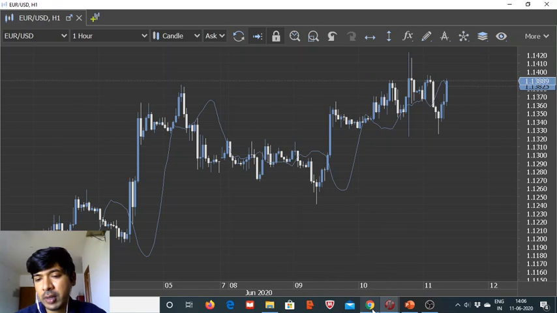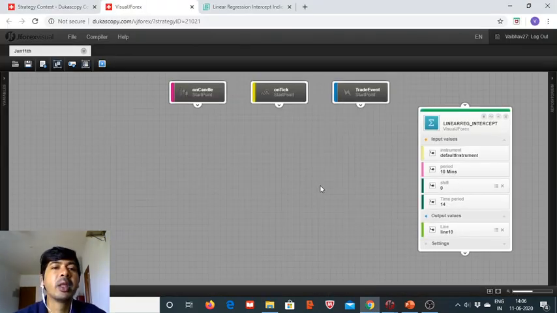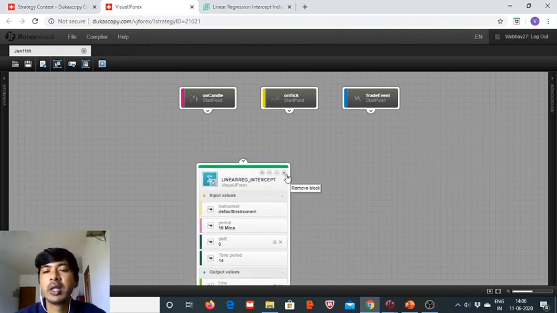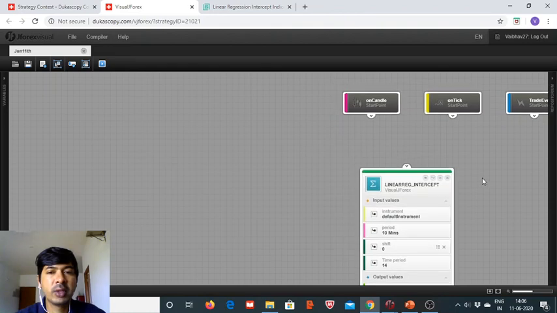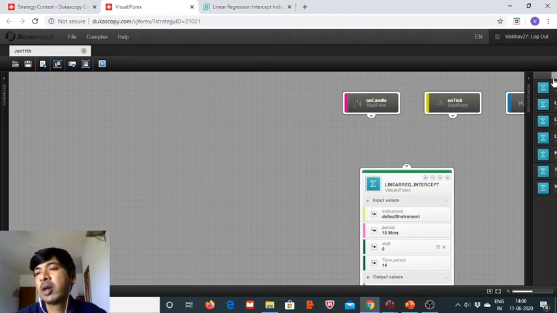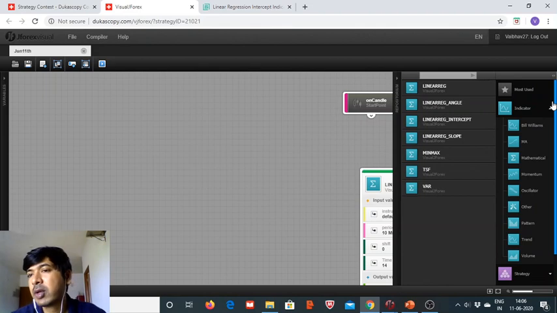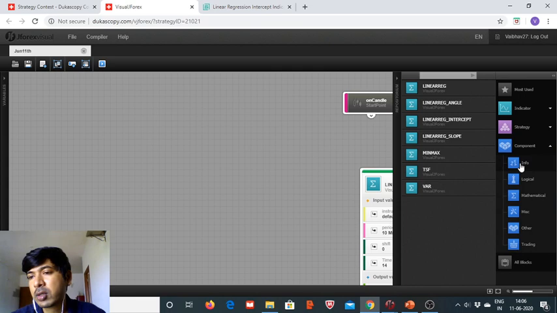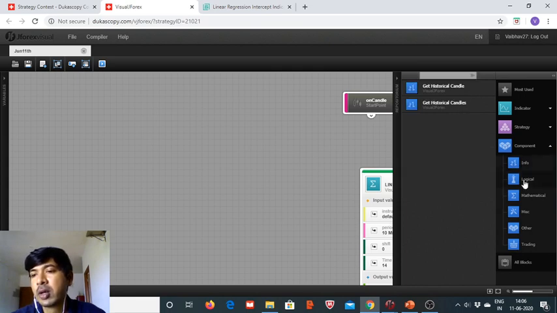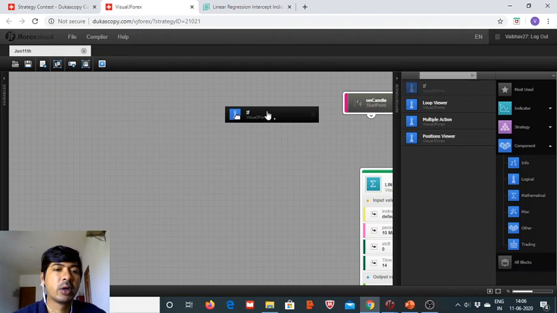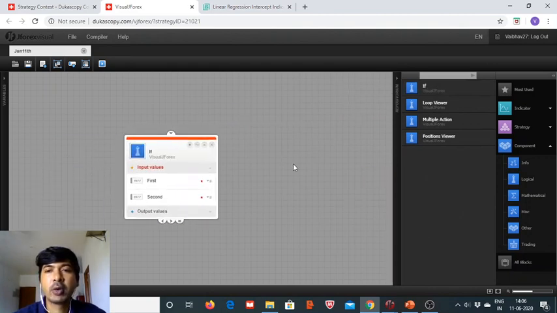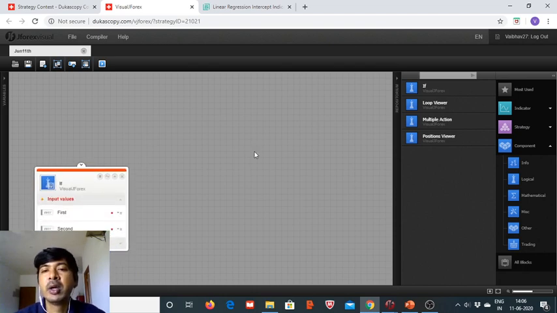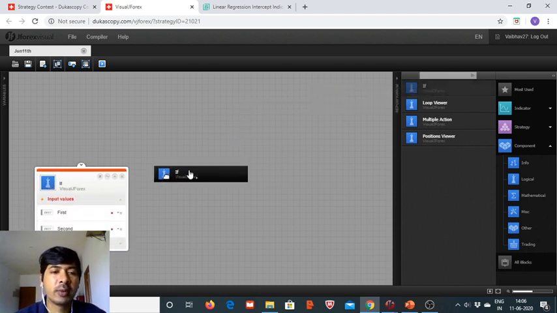So here, now we go to the Visual JForex platform where we do our algorithm work. First thing first, we will need to do the instrument subscription, and in the instrument subscription we will need to get the blocks info and logical. Okay, so we got this, and we are going to need a lot of indicators and blocks, as we are looking at a lot of historical data,